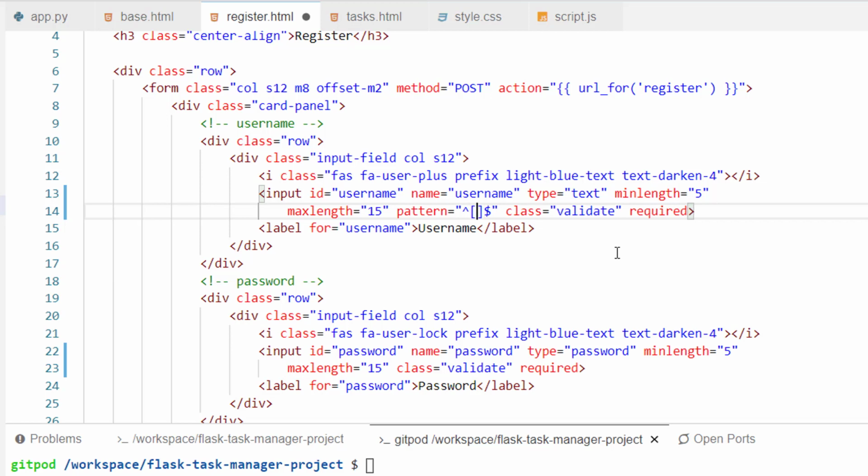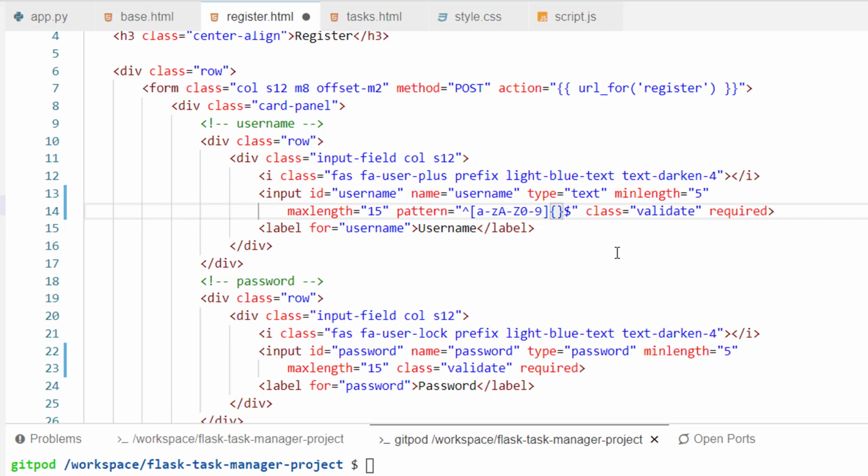Within square brackets, we need to specify what users can add on this input field. We'll keep it simple and allow users to include any letter from a to z in lowercase, any letter from A to Z in uppercase, and any number 0 through 9.